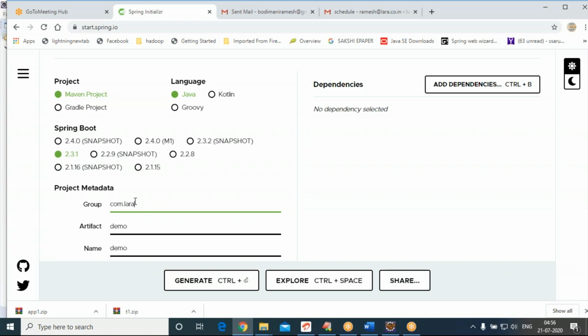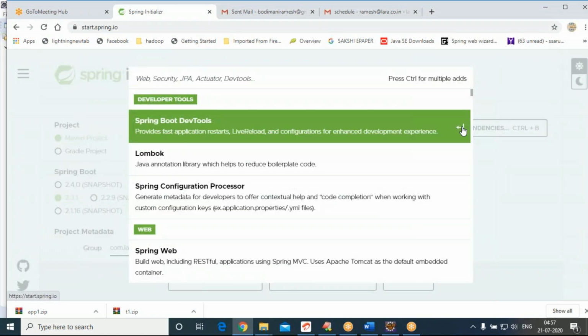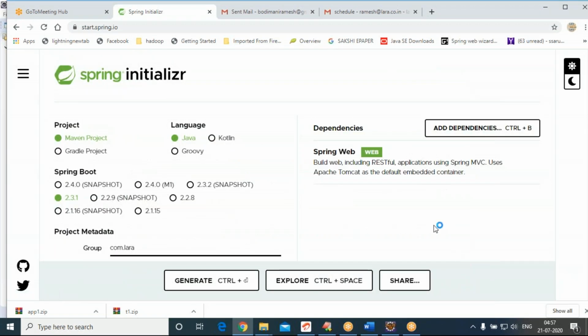I'm choosing a group as com.lara, artifact ID as app2. Go to the dependencies. One is Spring Web. This we have already seen in the first project.